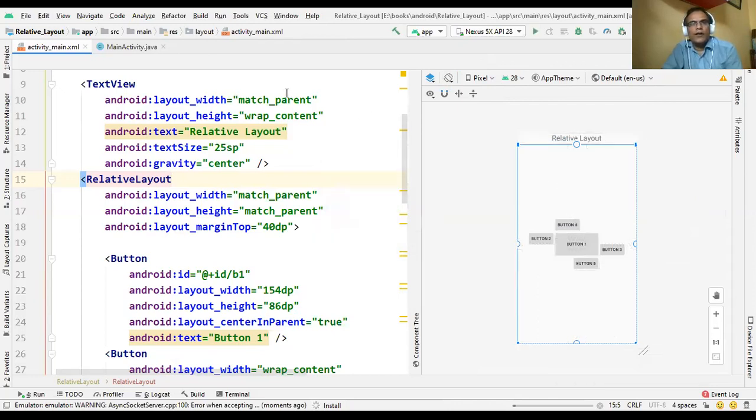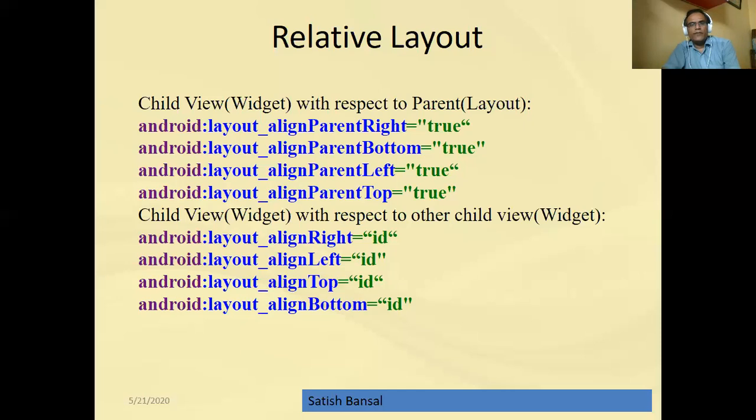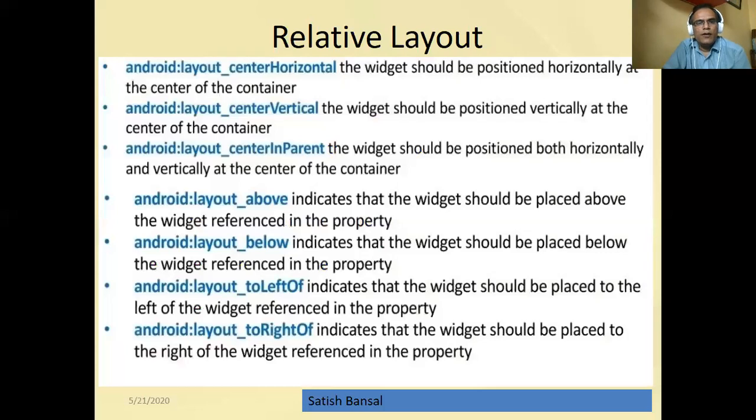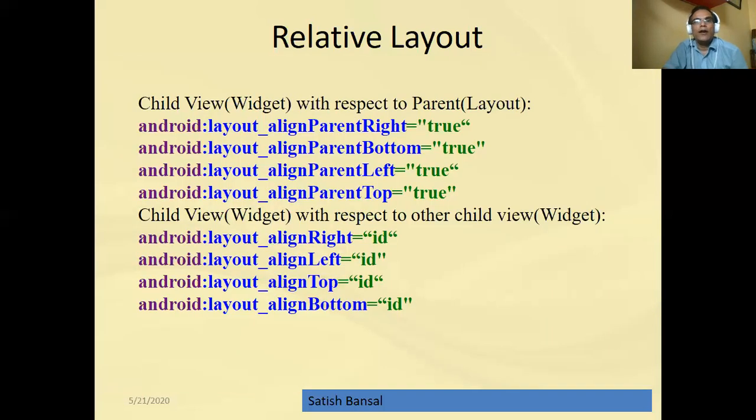So this is all about the relative layout, and I hope you understand what the different attributes are that we use for this relative layout. We have already covered align right, left, top, bottom, and above, below, to left of, to right of. These are the 8 attributes. So you can connect one control with another control, or relate them. And first 3: center, horizontal, vertical, parents, and now align parent right, parent bottom, parent left, parent top. So through that property name you can understand here.